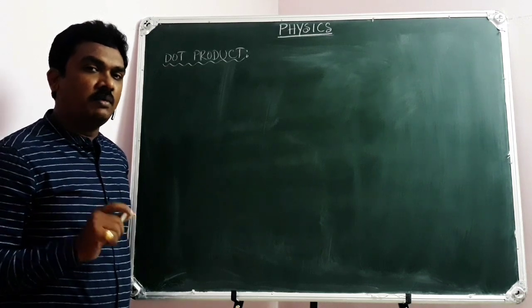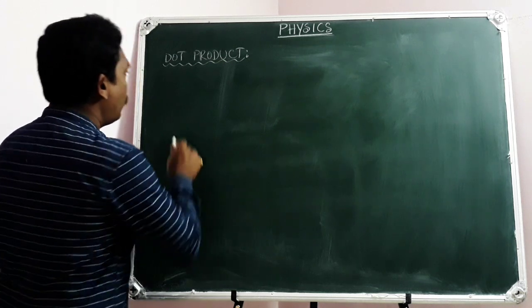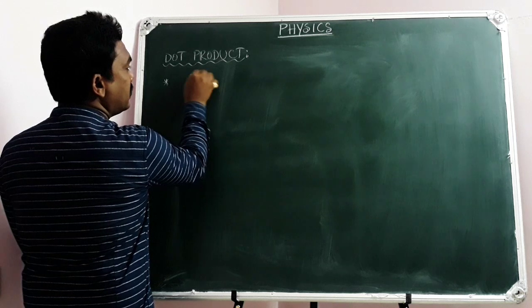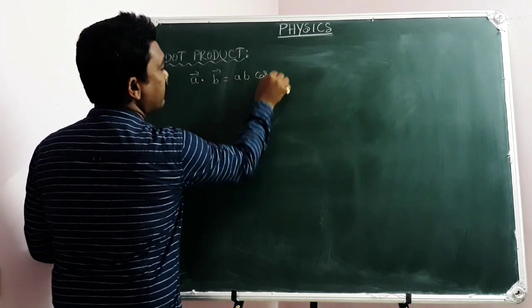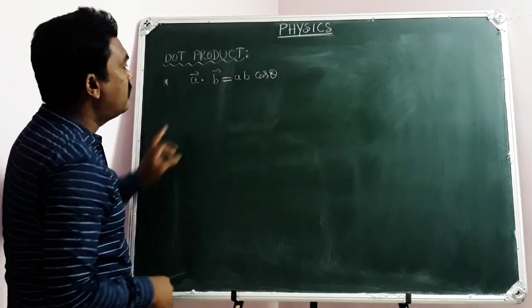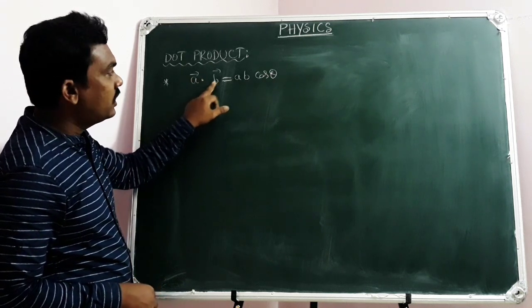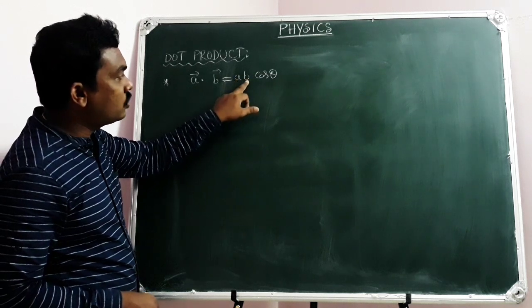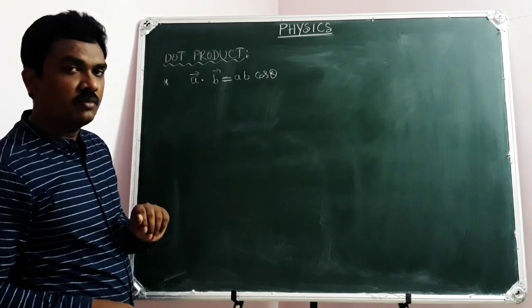Yes. So we have dealt with the basic formula and the concept of dot product. What we dealt with is that the dot product of any two vector physical quantities is a bar dot b bar equals ab cos theta. So it is clearly understandable that the dot product of any two vector physical quantities can be calculated using this formula when their magnitudes are known and the angle between them is known to us.